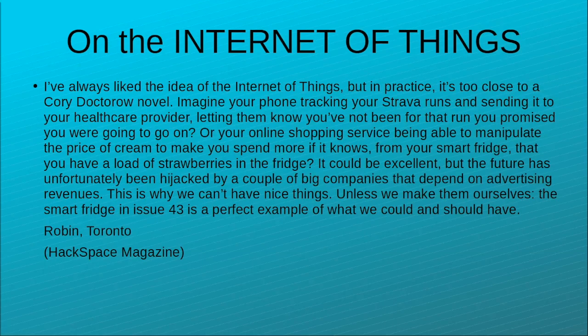Now, this one, I love this quote. It says, "I've always liked the idea of Internet of Things, but in practice, it's too close to a Cory Doctorow novel. Imagine your phone tracking your Strava runs and sending it to your healthcare provider, letting them know you've not been for that run that you promised you were going to go on. On the online service, being able to manipulate the price of cream to make it to